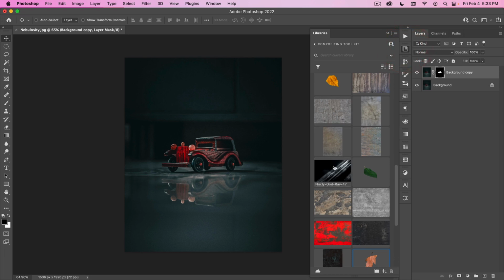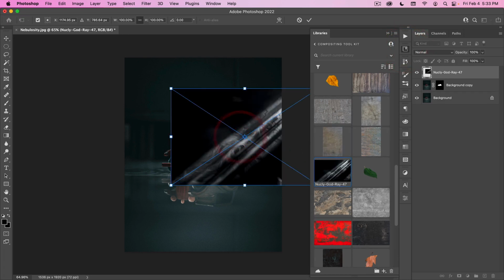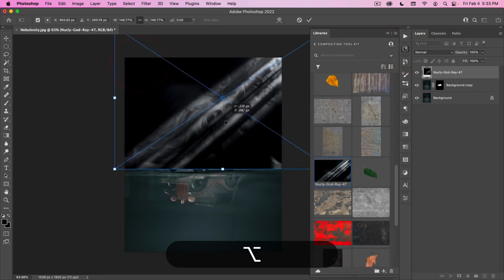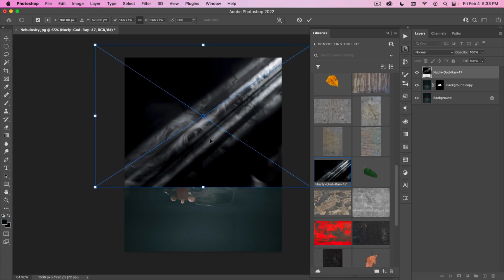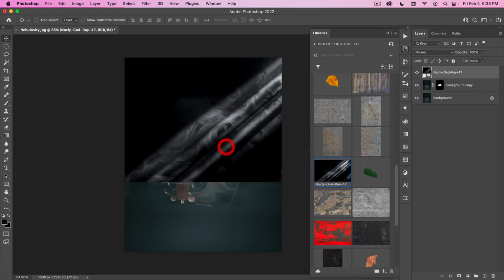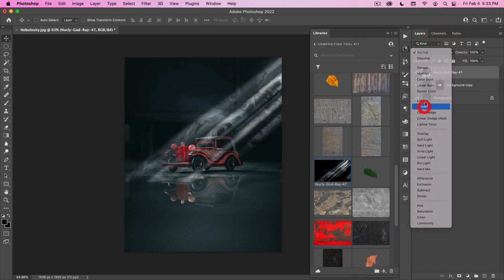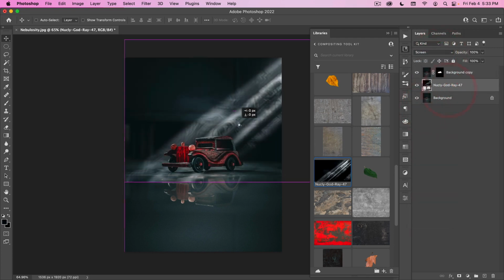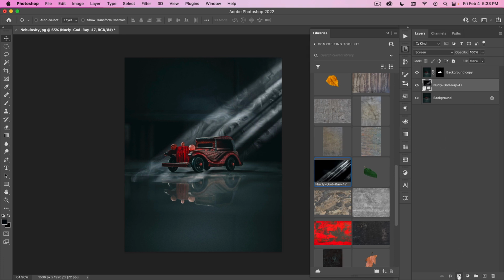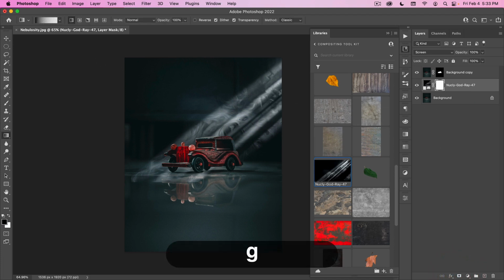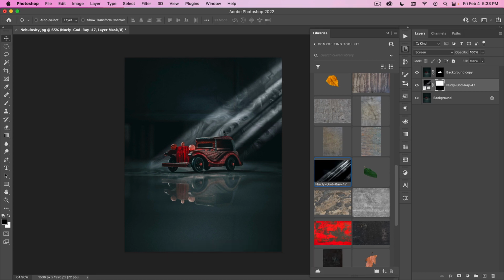Okay, now if I go in here, I can grab this God ray, make it bigger. I'm going to make this kind of look like we've got a light shining in here. So something like this. I'm going to put this on screen. I'm going to put it behind like that, and then add a mask to it, and then with a gradient just coming up from about where the floor level is up, so that this ray comes to an end right about there.